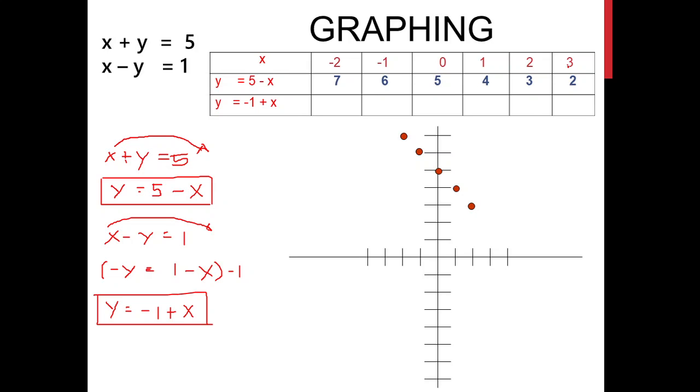Next, x is equal to 3, y is equal to 2. Then let's try to connect the dots. So we have here a line. Okay, because we have a linear equation, obviously the graph of this one is a line. Now all the points here on the line is called the solution of our first equation.